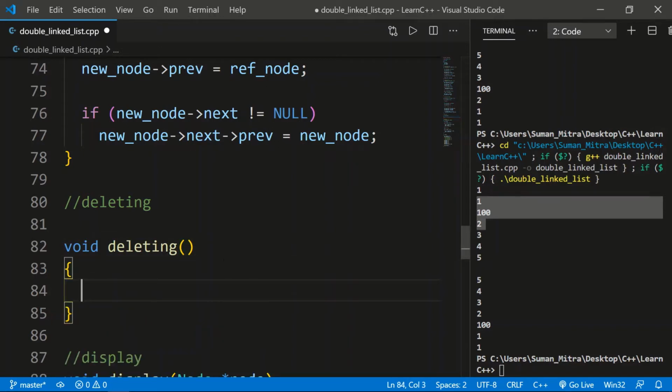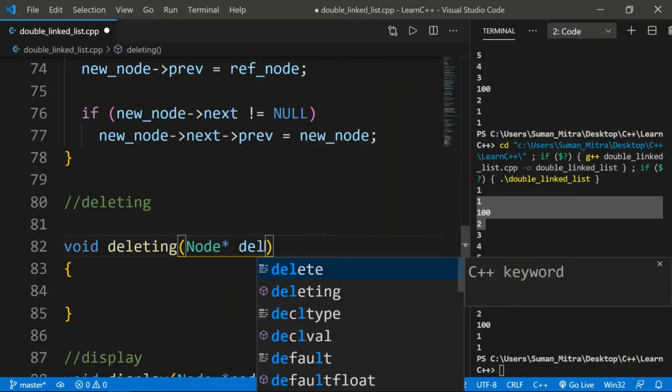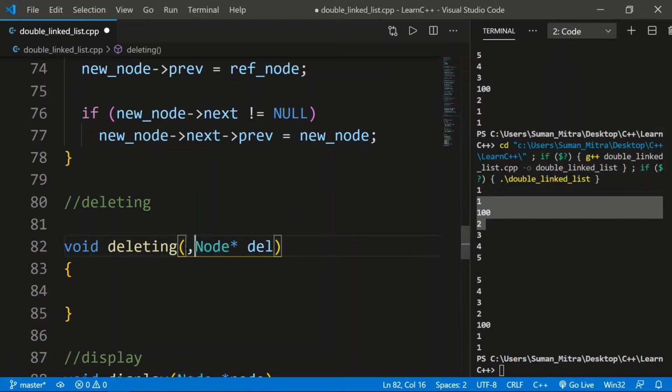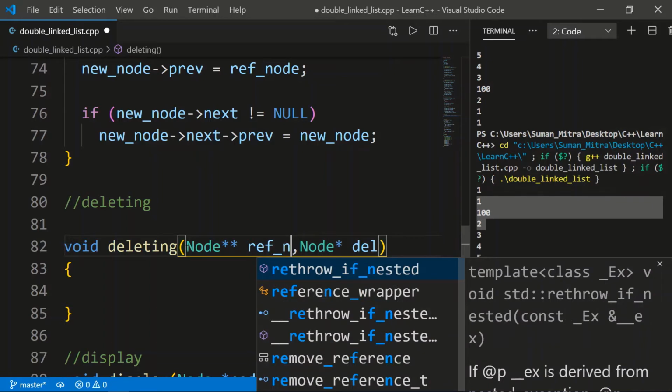Okay, this is the main function. Now we'll pass the arguments that need to be passed. So what are the arguments? We want to delete something. To delete something we need to know the position, meaning what position we want to delete. So we need to pass what is to be deleted, so we'll just write a node and write delete. This needs to be deleted, but we need a reference to the node. So we'll write one more node that will give the reference or the head to it. Like the previous, we can just write reference node.